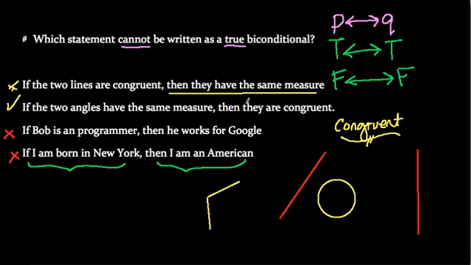If two angles have the same measure, then they are congruent. So if I have an angle here, and then I just copy this angle and move it somewhere else, well, these two angles have the same measure, and that by definition means they're congruent. And if two angles are congruent, you could read the other way, then they do have the same measure. That works both ways, right? There's no way to set another measure of this angle so that it's not congruent to the other.